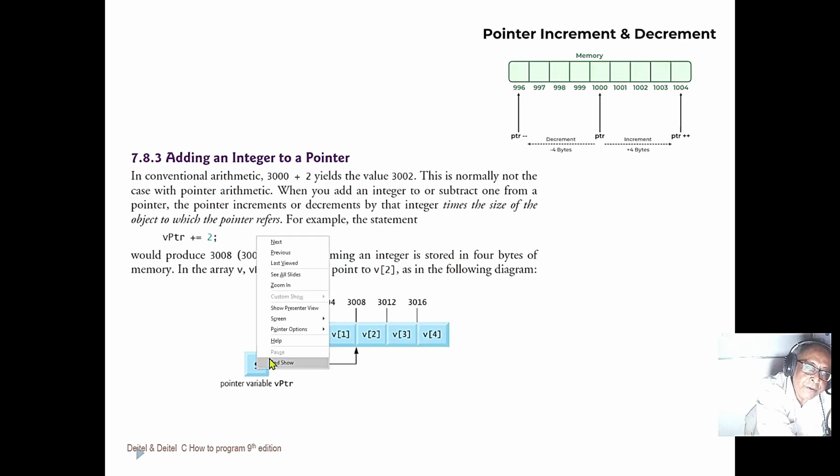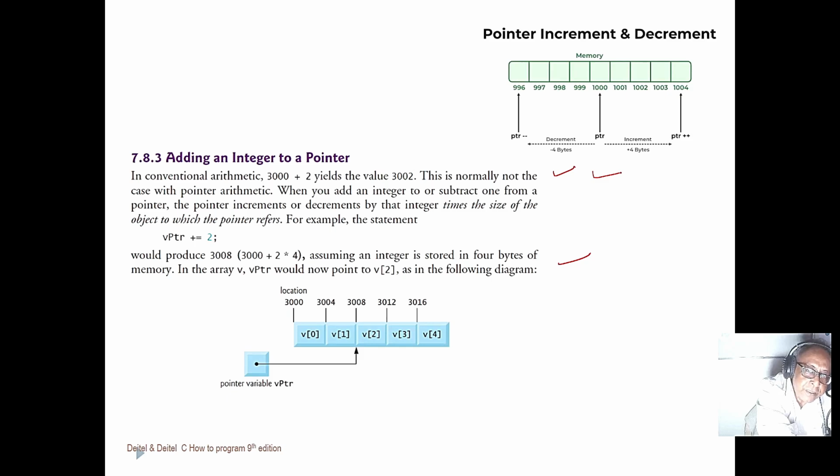Adding an integer to a pointer: most integer representation in C compilers is 4 bytes. So we see here the 4 bytes in the picture, and if it's a char pointer, it will be 1 byte. Float, it will be 8 bytes, like this. So a pointer will always increase or decrease by the size of the type it points to. If it is a char pointer, by 1 byte. If it is an integer, 4 bytes; a float is 4 bytes, like this.